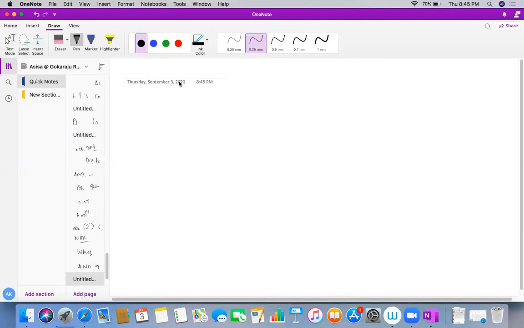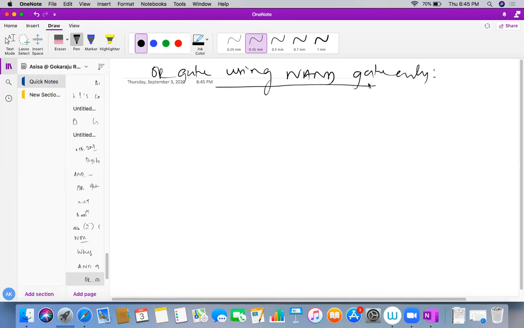Next part is how to implement the OR gate. A little bit important, OR gate implementation using NAND gate only. How to do that? Very simple, students. So I'll be having a NAND gate with me. I want to implement the OR gate. So I'll be having A dot B bar, but it will be converted into A or B. So here you see my dot is actually getting converted to the OR.